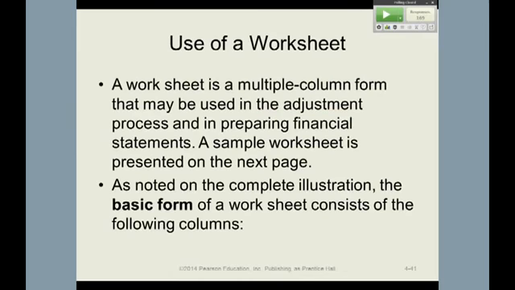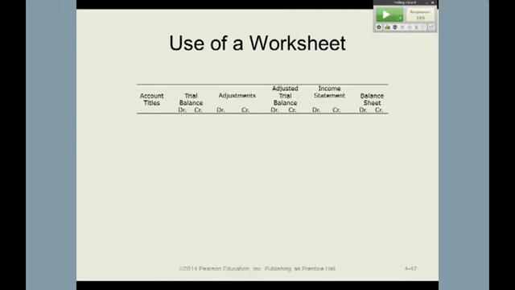Now, when you look at the worksheet, that's the basic format. It is optional, and it starts, of course, with account titles. Then it has the trial balance, and that first trial balance you see there is the unadjusted trial balance. Then you make your adjustments. I'm going to show you a better example. I have one from the text, but I also included a better one that we can use to illustrate it. Then the adjustments lead you to the adjusted trial balance, and then from there, you could prepare the income statement and the balance sheet.